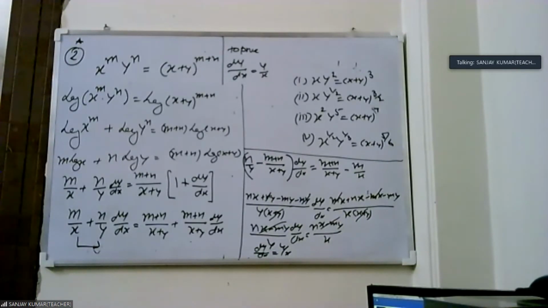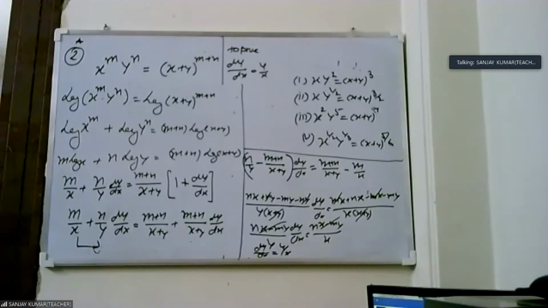One student says, please repeat, sir, from the fourth step. Because we repeat the total question again: x to the power m, y to the power n. That is, we apply log on both sides. The only star mark thing is that we apply log when the power is in the form of x. Here you had no power in the form of x, still you applied log. So this is a star mark question.